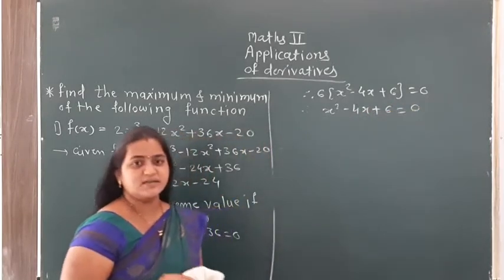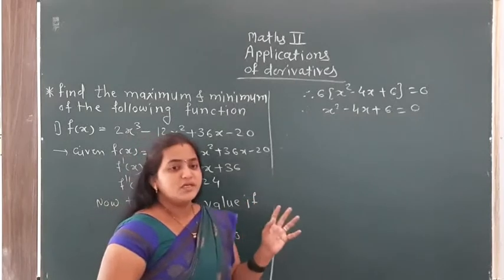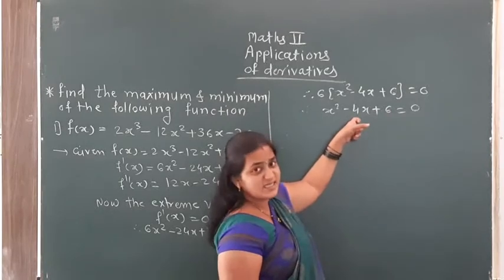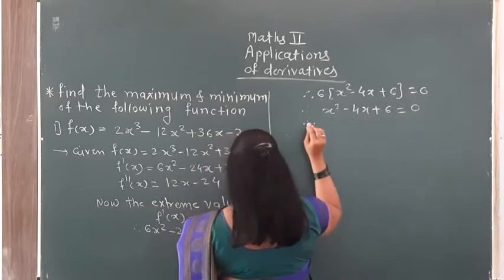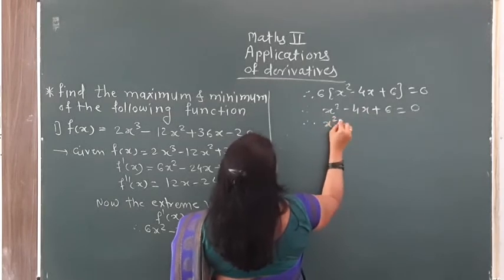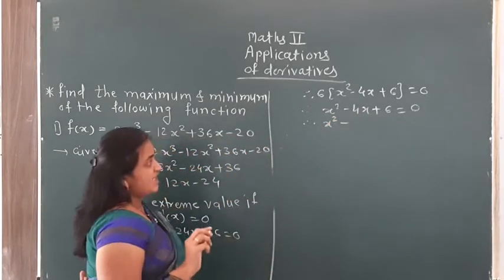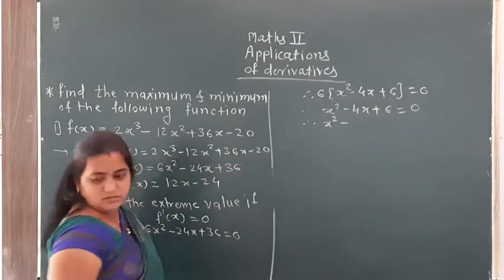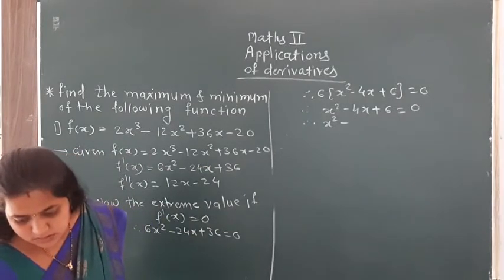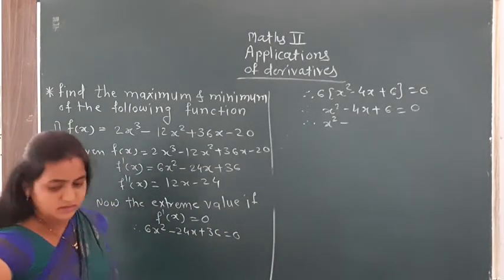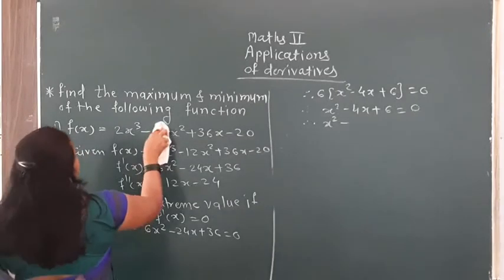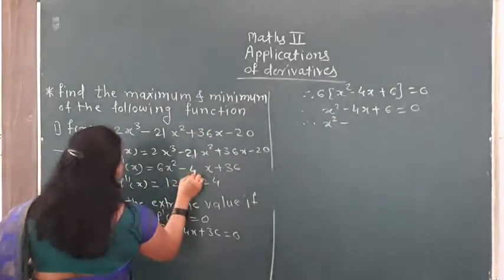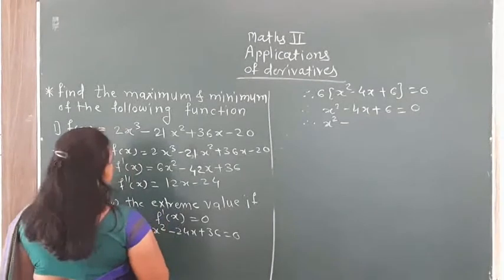This is a quadratic equation, so we can find its roots. We find two numbers whose multiplication is 2 and whose addition or subtraction is 4. So x square minus... multiplication is 2 and addition or subtraction is 4. So the number is... here 21. Correct, the example is wrong. Here 21, so here 21. Here 42. Okay, so here 42.